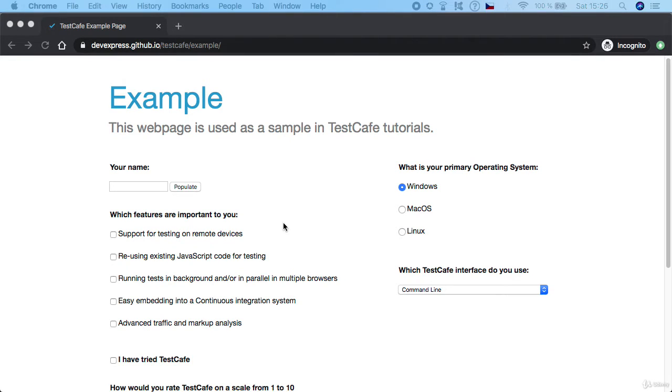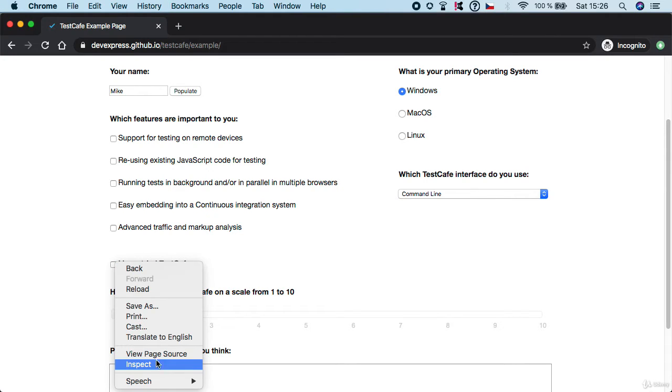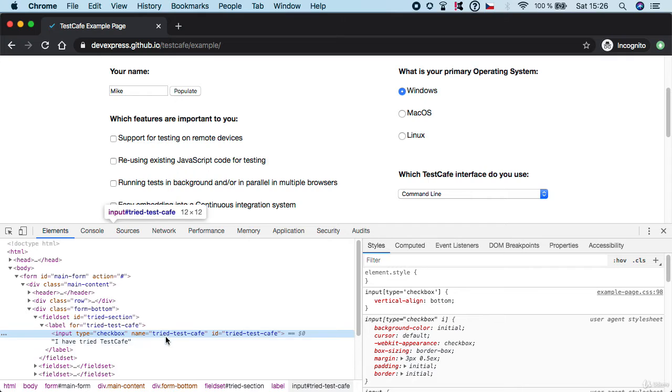So, let's imagine we are still on this website, and you basically fill the name, and let's say you want to click on this "I have tried TestCafe" checkbox. So how to do it? Let's inspect the element, and you see it's input of type checkbox, name try test cafe, ID try test cafe. So let's grab the ID,